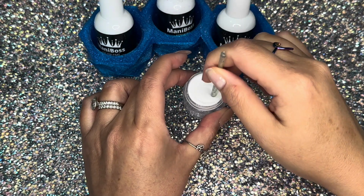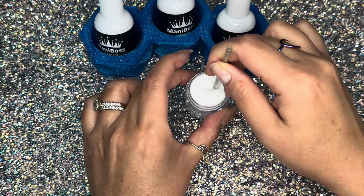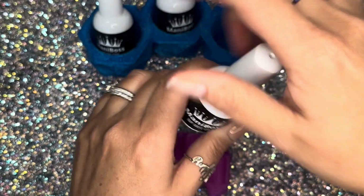My nails might be too long. I've got on medium almond tips. These are from BT Art Box. Hopefully I can dip into the jar. If not, I may have to pour over, but we're going to try to dip and see what we can do. So starting with my dip base coat,